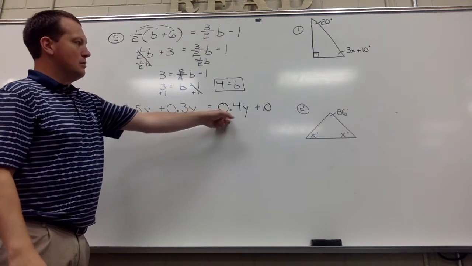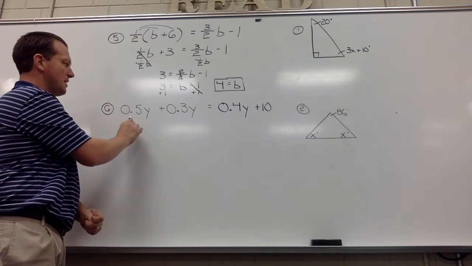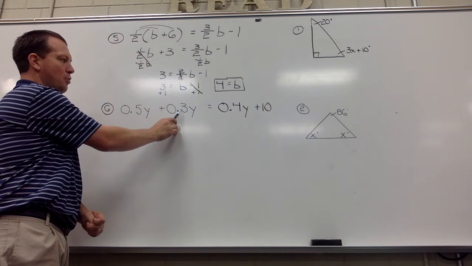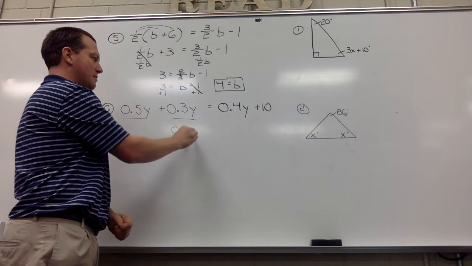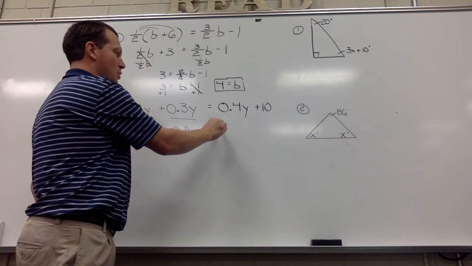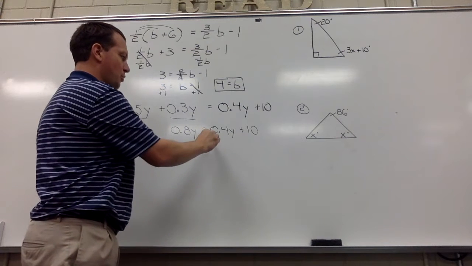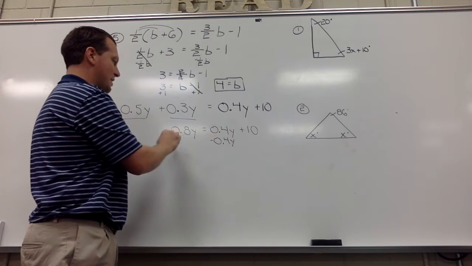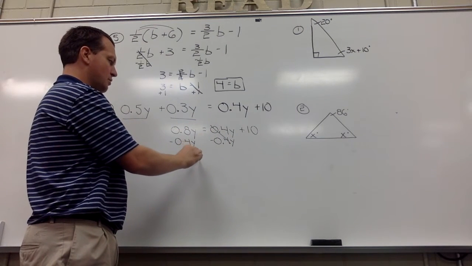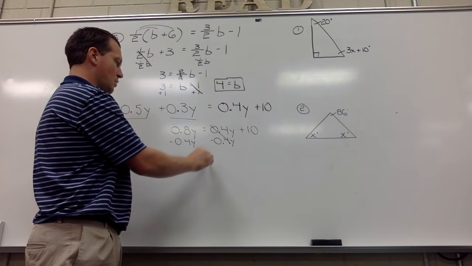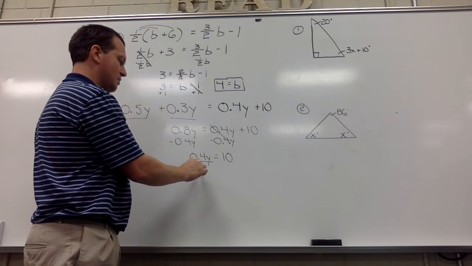All right, example 6 before we talk triangle values here, we're going to see that I have 0.5 and 0.3y. These are like terms. So I'm going to have 0.8y will equal 0.4y plus 10. My smaller y is the 0.4, so I'll subtract 0.4y from both sides. 0.8 minus 0.4, 0.4y will equal positive 10. Dividing both sides by 0.4,